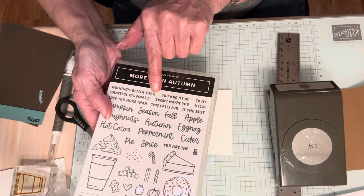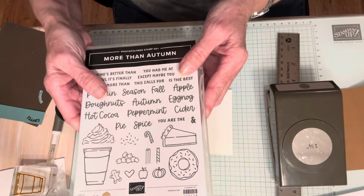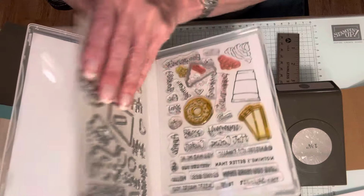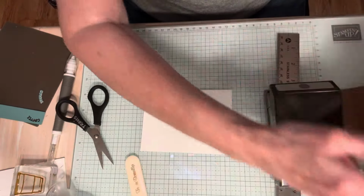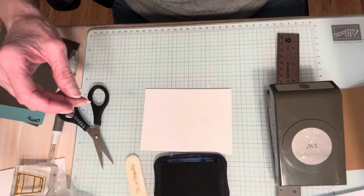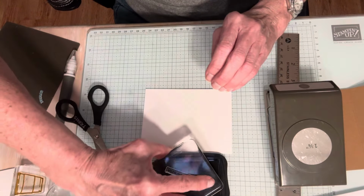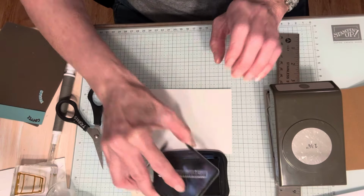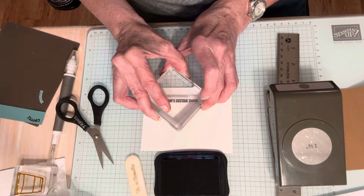But nothing's better than... And then there's a little die of coffee. It's a little tiny die that's coffee. So that's what I'm going to put on the inside. Nothing's better than, so I'm going to stamp this first. This pad's really juicy, so I hope I don't mess this up. Nothing's better than,